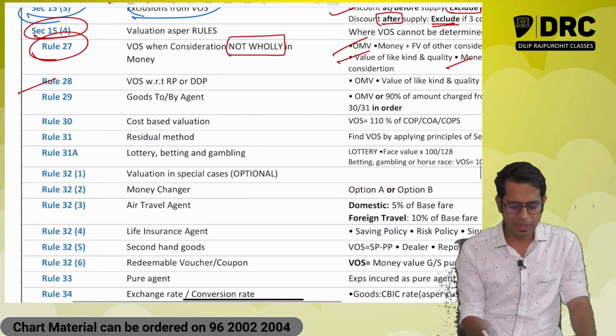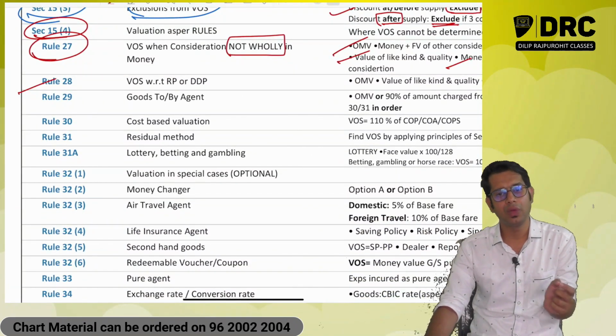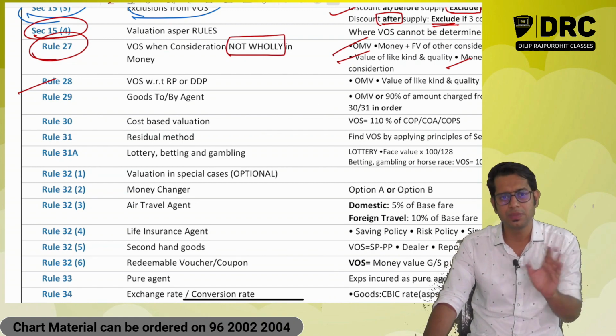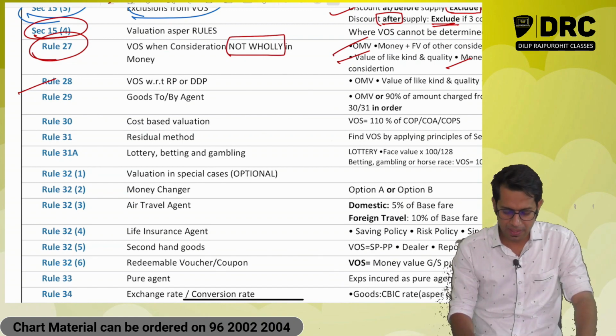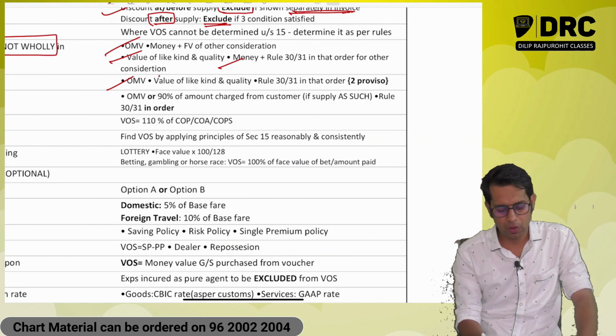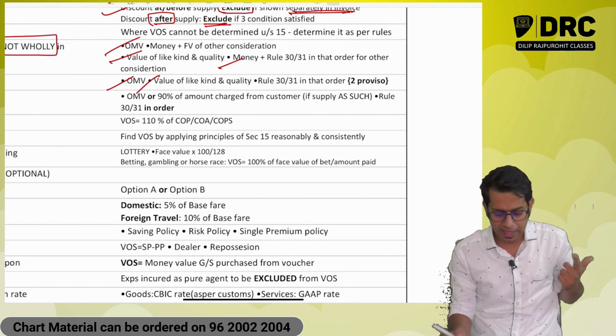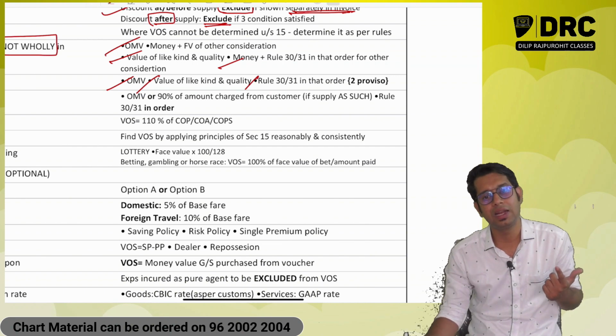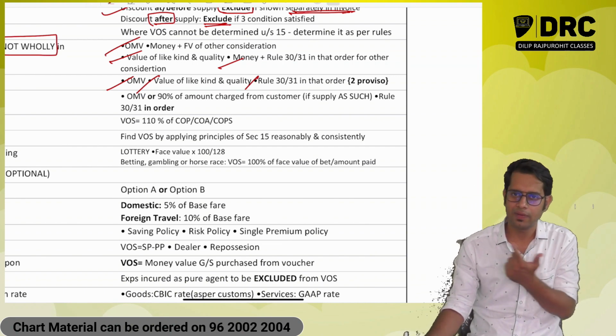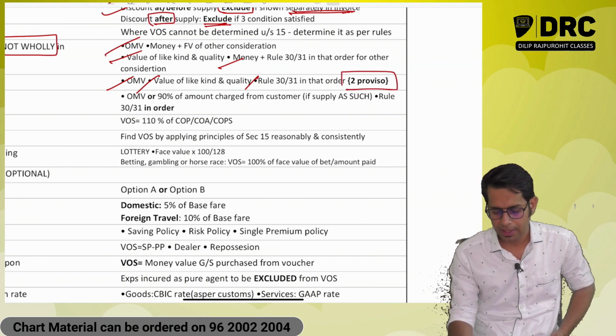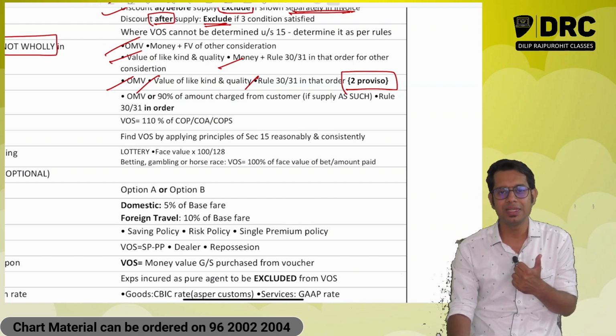Rule number 28. Rule number 28 is applicable whenever you are making a supply between related persons or between deemed distinct persons. What is the value of supply? Open market value. What if open market value is not available? Value of like kind and quality. What if value of like kind and quality is also not available? Then rule 30, 31 in that order. Then there are two provisos. Proviso number 1 says,